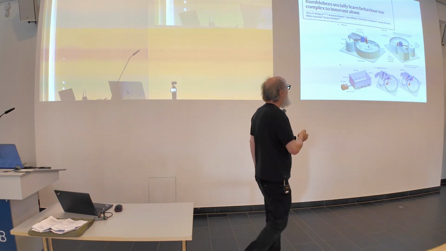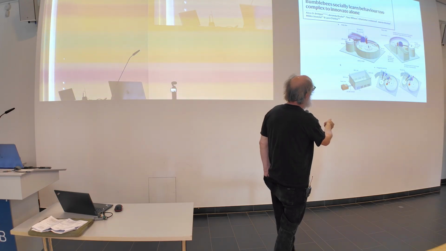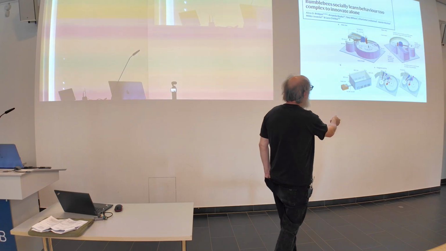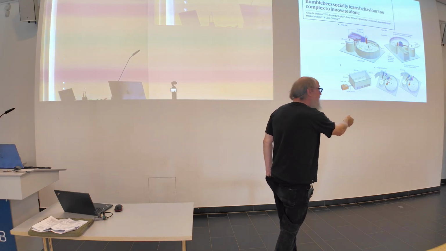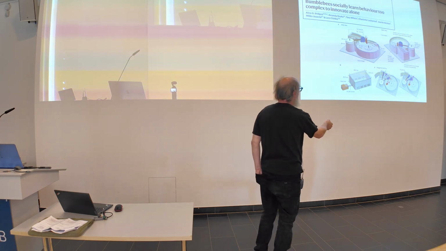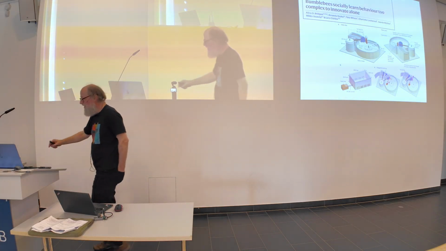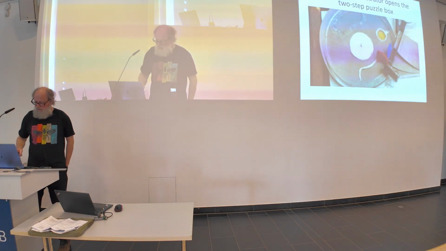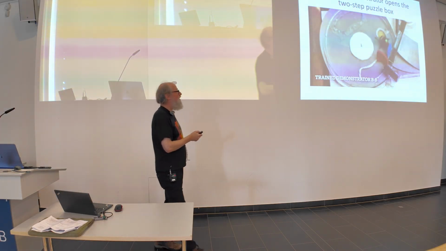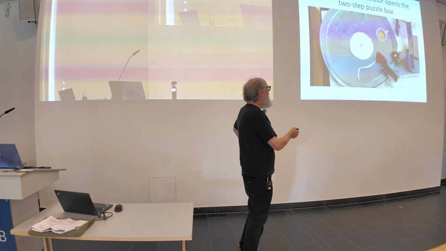And so the 2-step box that we're using here is one where, again, you have to rotate the red tab to come over the yellow area, and then you get the reward. But the red tab is also blocked by a blue tab that first needs to be moved out of the way. So you need to move the blue tab to be able to move the red tab. And so here's an individual using that technique. So she's learned that I can't push the red tab without first moving the blue tab.